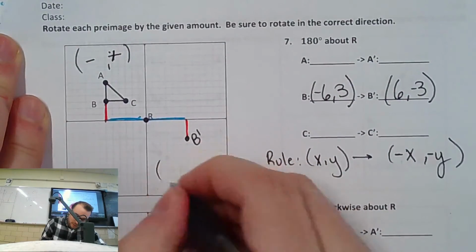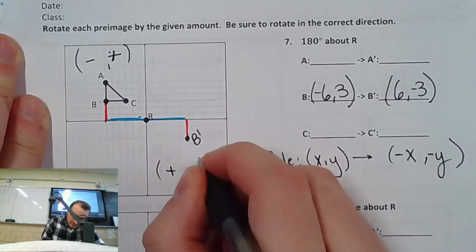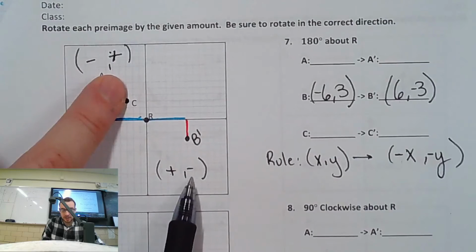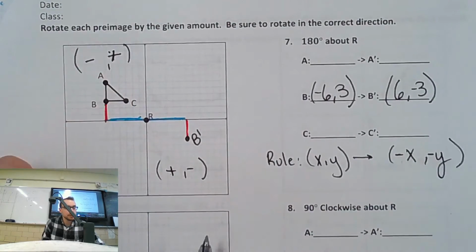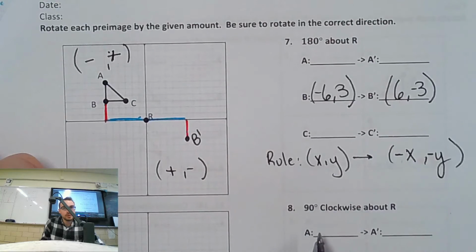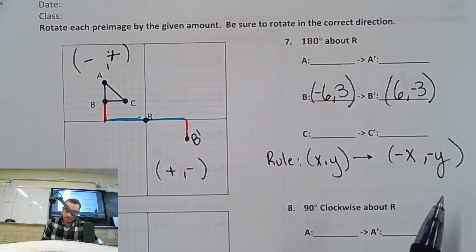Well, we ended up in this quadrant. Isn't that positive, negative? Do you see how the x's change and the y's change? They change signs. Both of them do, don't they? So whatever you had before, you're going to do the opposite later. Yes? Yes, for this one you're going to have to. Yeah.